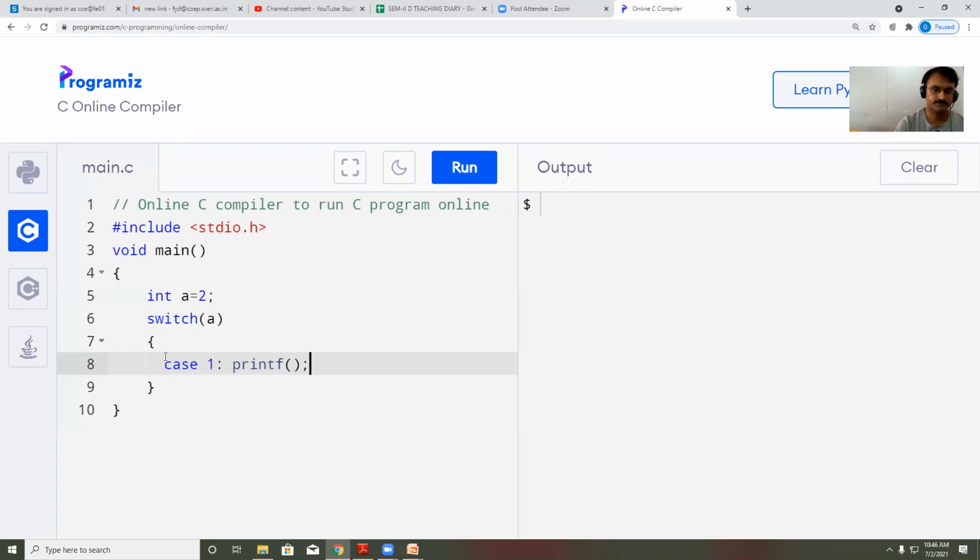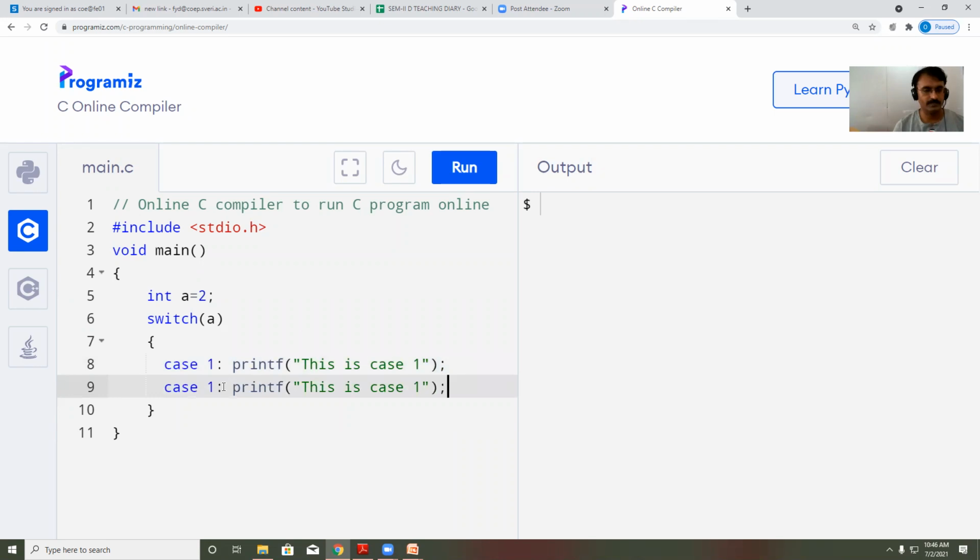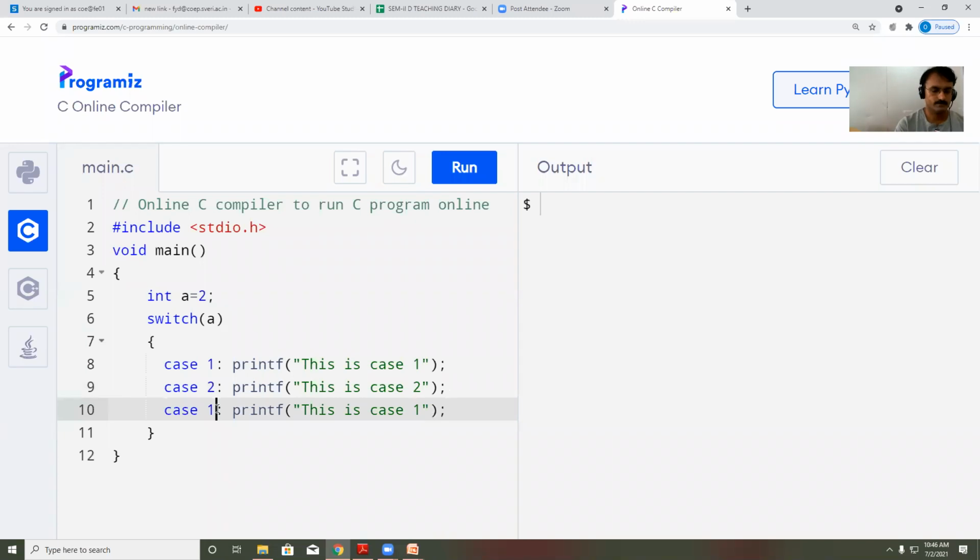printf. This is case 1. Okay, this is what I'm going to print if I have the matching value for case 1. Then I will print 2 for case 2. This is case 2. Case 3.